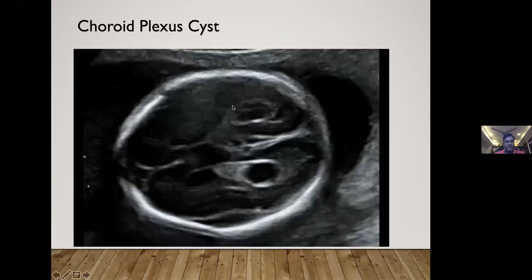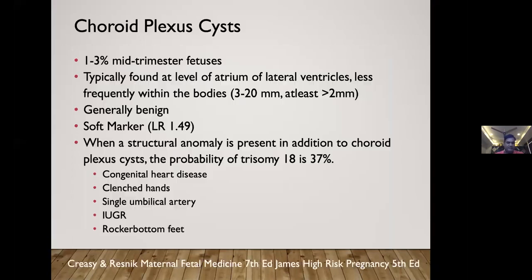Here you can see the choroid plexus cyst. This is the choroid plexus, and within it you can find a cyst. Again, this is a parieto-occipital angle. This is the atrium, and then you have the cavum septum pellucidum and the falx. The most common abnormality you see generally is the choroid plexus cyst, seen in 1 to 3%